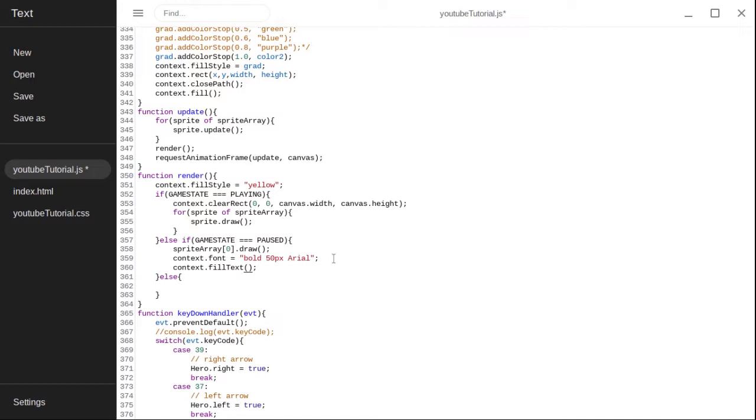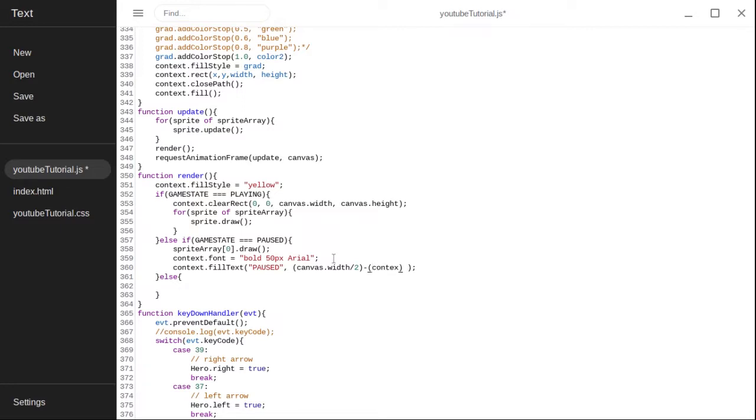with a capital T, and it takes 3 parameters: the actual text or the string you want to write, which in this case is paused. Then it takes an X and a Y. Where do you want to write it? And this is kind of weird because it's X coordinates like a rectangle. So if you want it in the center, which we do, you send it, again, canvas.width divided by 2. That gets you to the middle of your canvas. Then you have to come back by half of however long your word is. And there's a way to do that. So in parentheses,